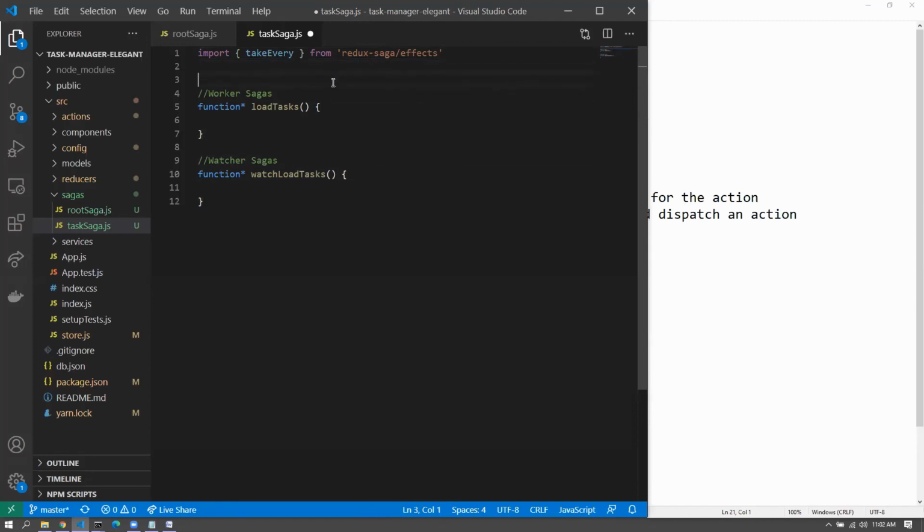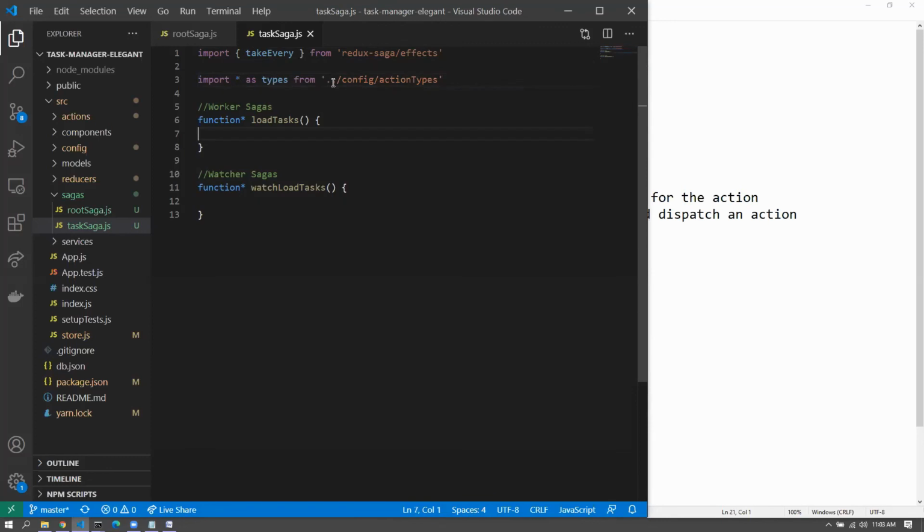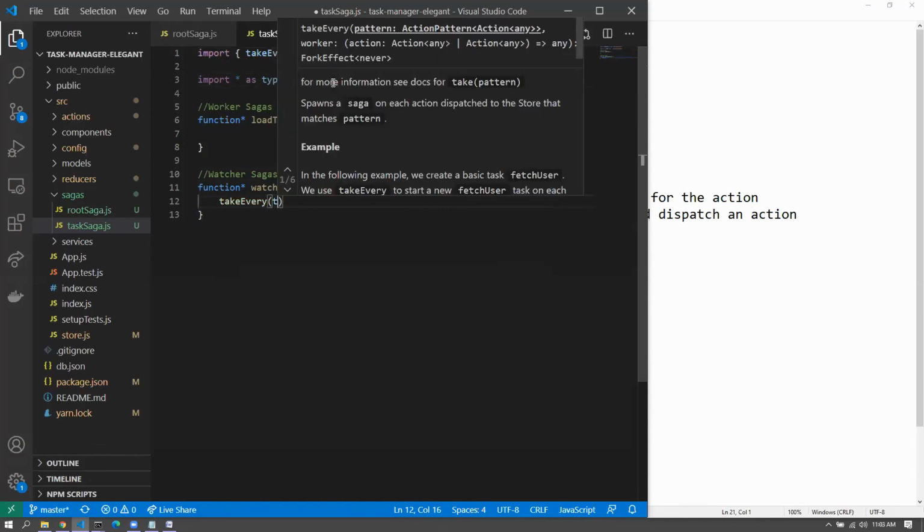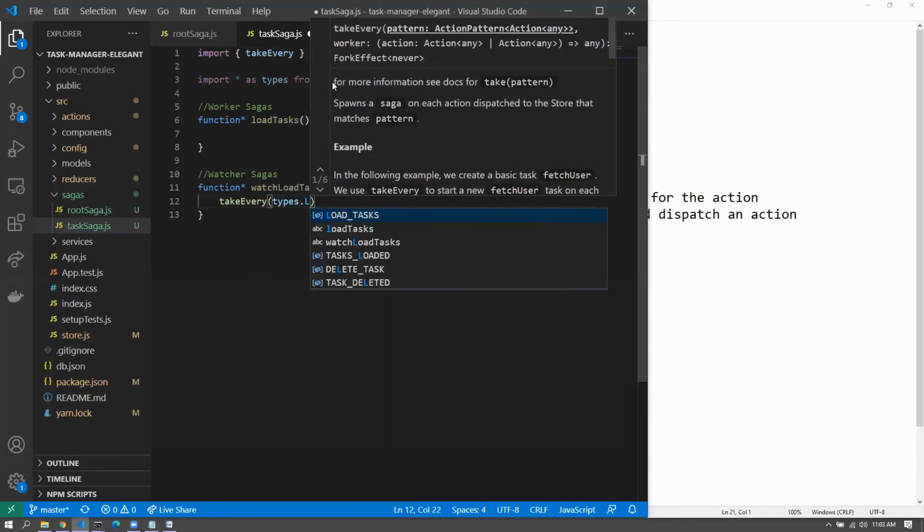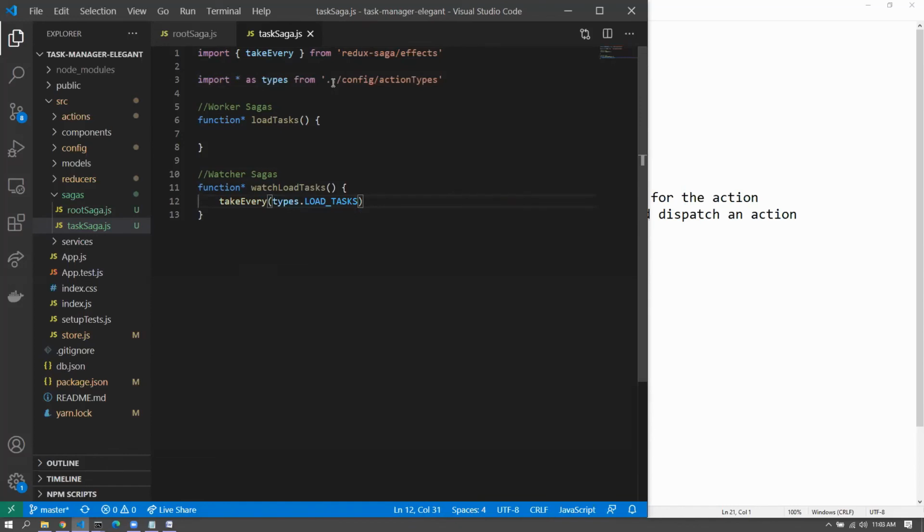So I would have to import star as types from config/action-types. And here we can go for something like takeEvery types.LOAD_TASKS. So we are listening to load tasks,